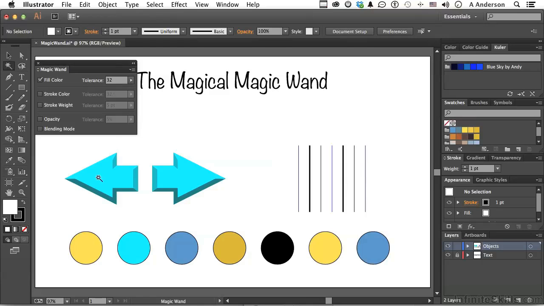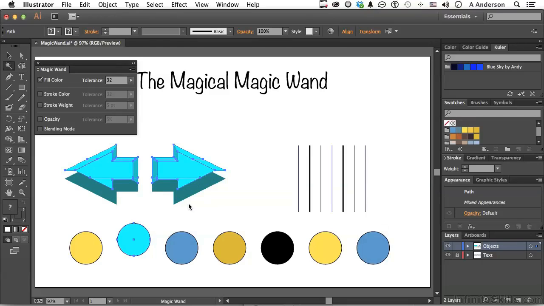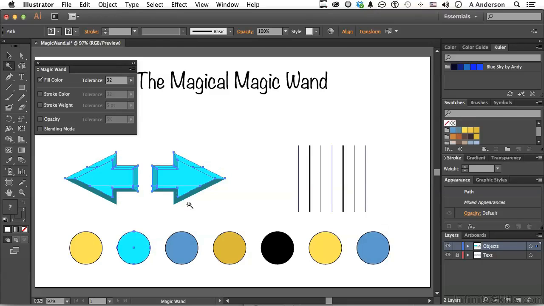So if I come over here and click, say, on the arrow, say right about here, notice what happens. It selects portions of the arrow. It selects down here, because that's actually the exact same color. Now, it didn't select these areas down here. Let me do this. Let me move it. You can see the parts that got selected. Let's say, for the sake of argument, that it's selecting too much, because it did select these areas here too, because they fell within the range of the tolerance of 32, and you don't want those selected, so you change